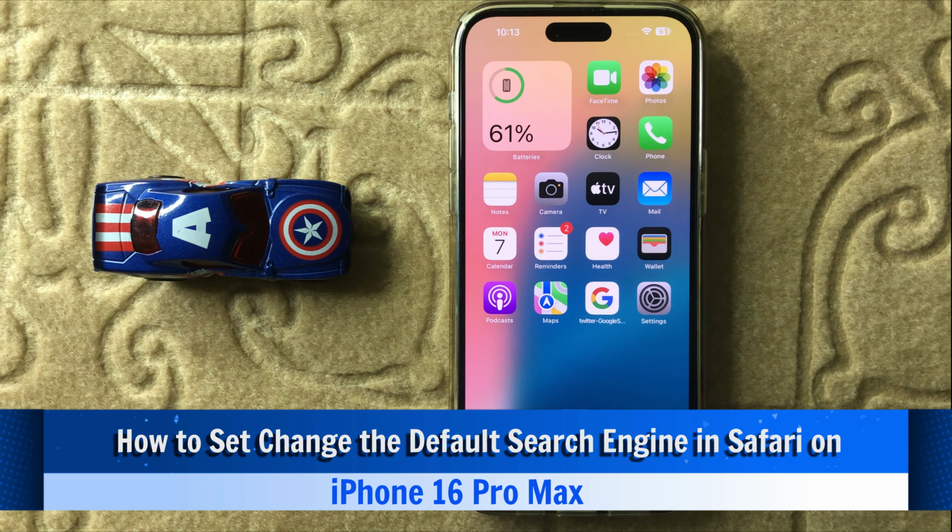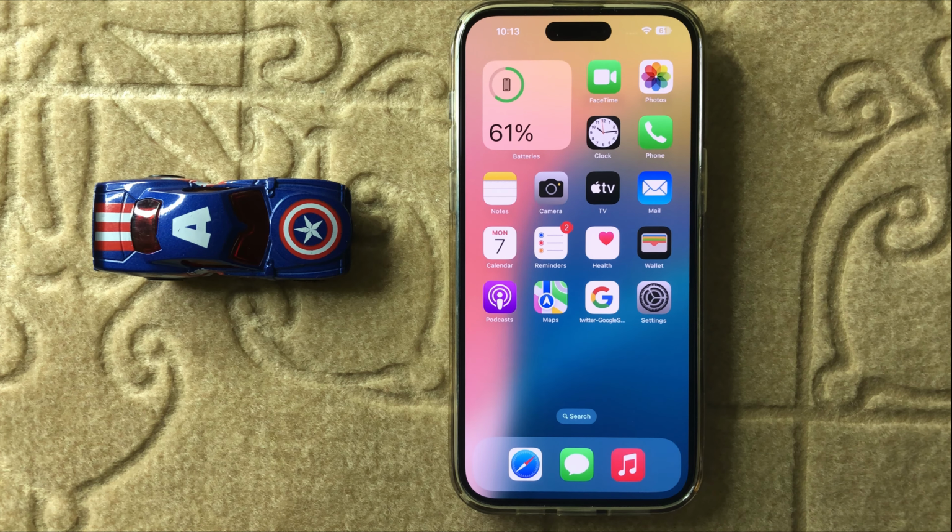Hello everyone, today in this video I will show you how to change the default search engine in Safari in